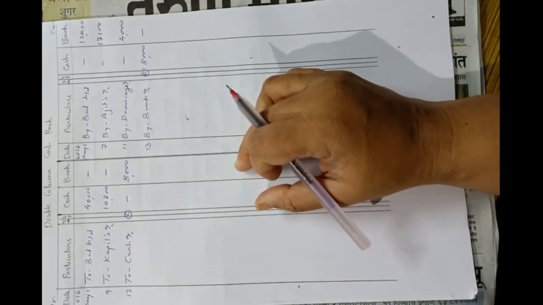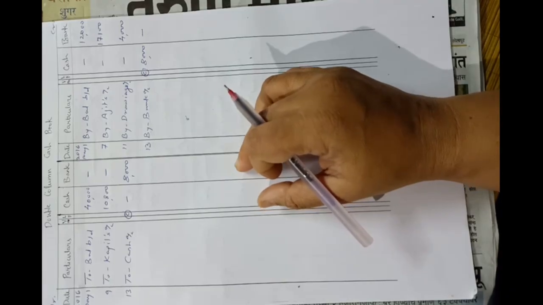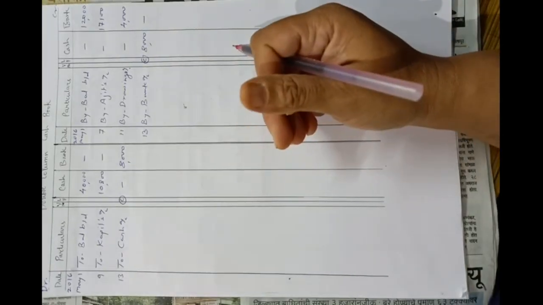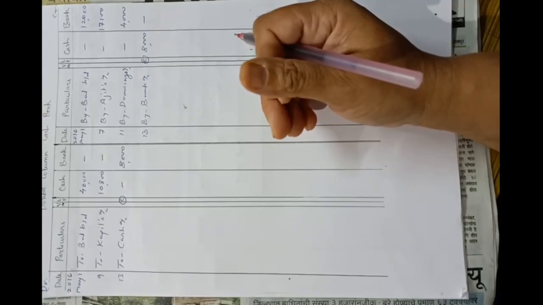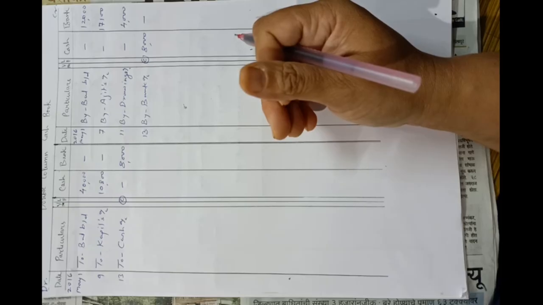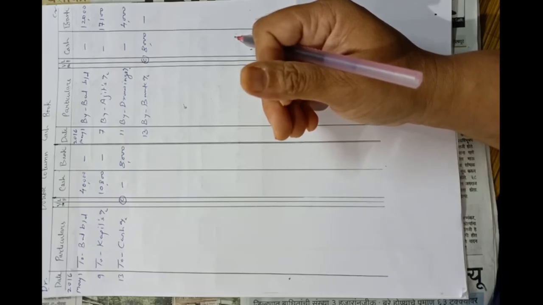Now next entry. On 16th May bought goods from Sanjay rupees 8,500. Again this is a credit transaction as Sanjay, that is the party's name is given and for cash words are not there. So this is a credit transaction and we will not enter it in cash book. On 18th May check received from Kapil was endorsed to Sanjay in full settlement. Check received from Kapil was endorsed to Sanjay for making payment